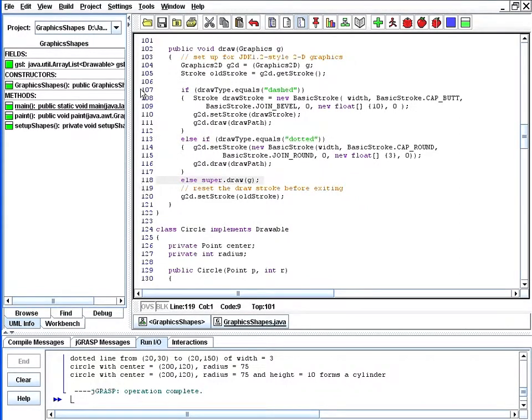So if the draw type is a dashed line, here's the code that draws a dashed line. If it's a dotted line, here's the code that's going to draw a dotted line. And if it's neither dashed nor dotted, we'll just call our parent class line and just draw a regular solid line. In order to make these changes, I have to change the draw stroke, and so I save away the